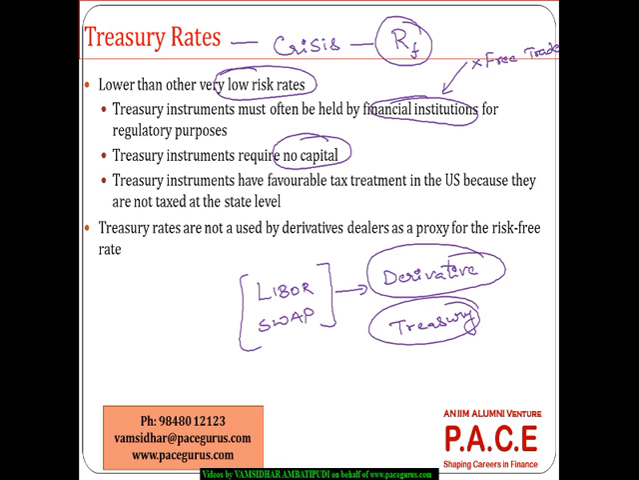And the treasury investments require literally no capital. They have a favorable tax treatment. Why favorable tax treatment? State level tax is not applicable on them. Because of all these things, treasury rates are slightly lower than a typical risk-free rate. So that's the reason why derivative dealers generally never considered the treasury rate for doing a risk neutral kind of valuation. They did not use it as a proxy for the risk free rate. Rather, they were depending on the usage of LIBOR or